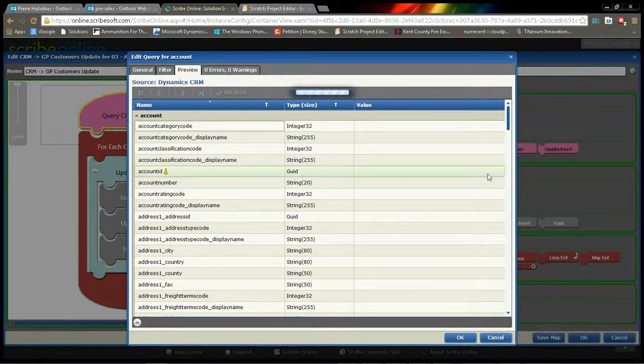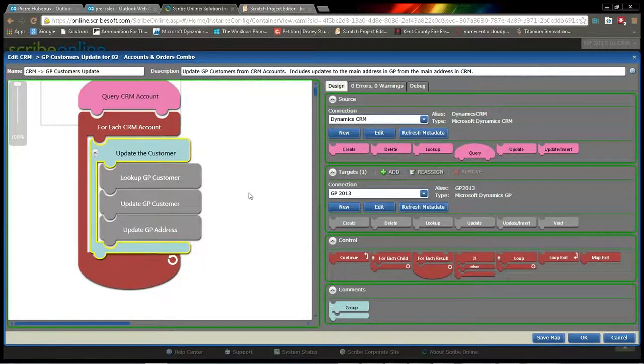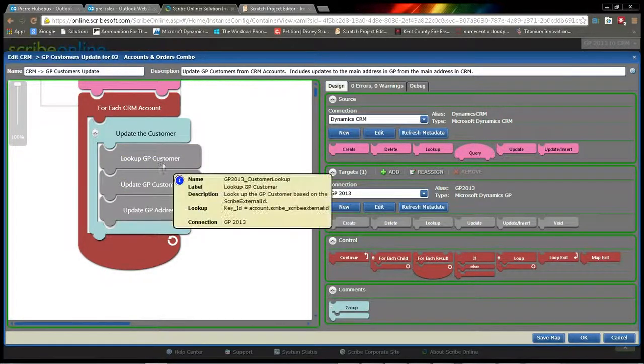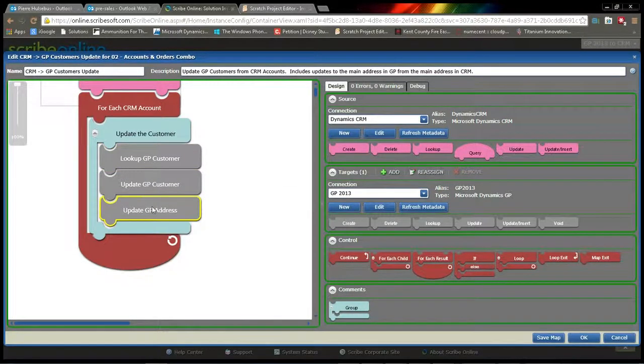And it goes out and pulls in the data is what the query is going to do. So it goes out and pulls in all of these customer records, and then it's going to do an update to the customer record in Great Plains. And so on my target over here, my connection to my target, those are in gray, and I have all these different blocks. And so we're going to look up the customer and then update the customer record and the